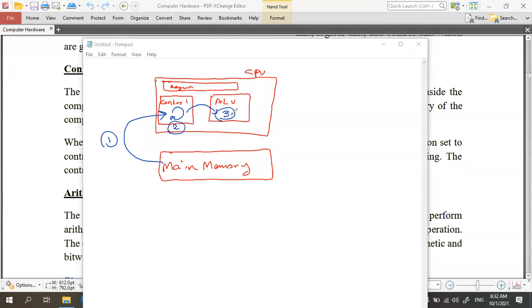After that, the processed data will again be sent to the memory for temporary storage. That also is done by the control unit. Fourth step, store. Fetch, decode, execute, and store. That is the process. However, the control unit is the main component which controls all this data transmission and communication. What the ALU, arithmetic logic unit, does is it's the calculator. It just executes these commands. That's all.